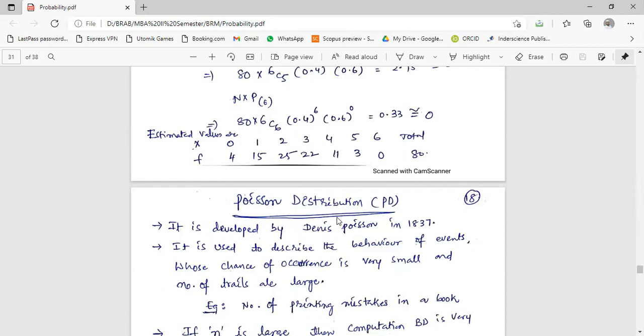When it is equal to the total frequency, then the data given by the examiner or the problem is correct. You have fitted the data well. Even if it is approximately 79.7 like that, it is okay. You have to round it off. That is why we have taken approximate numbers. You cannot take 0.33; either it will be 0 or 1. There is no such thing as 0.33 product. So totally it is equal to 80. So likewise, the problem is solved.